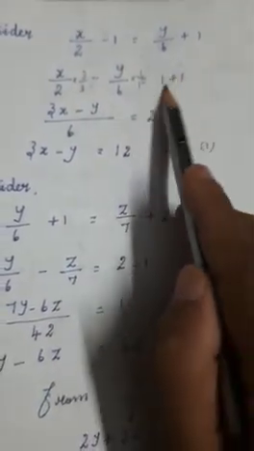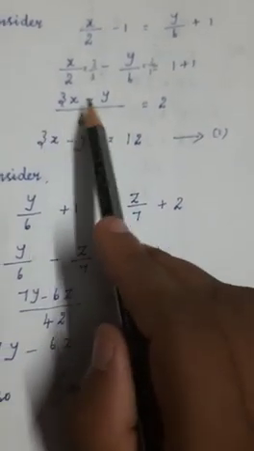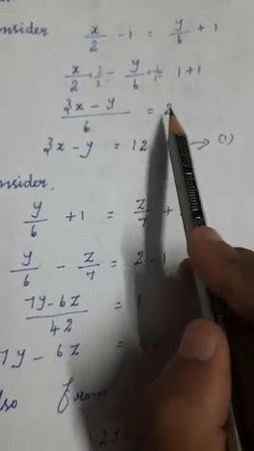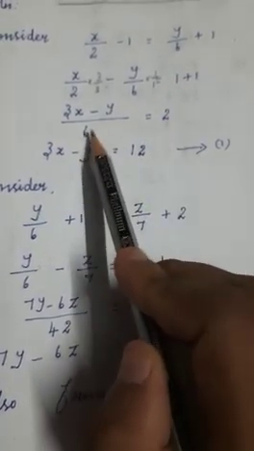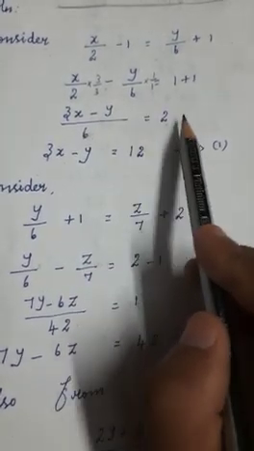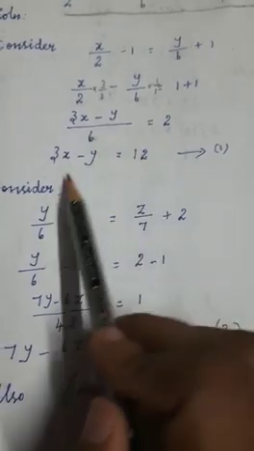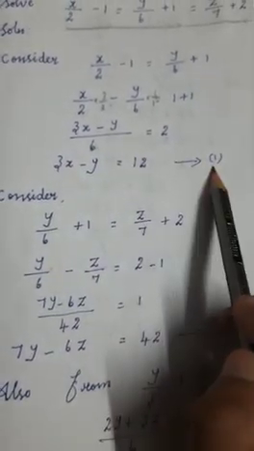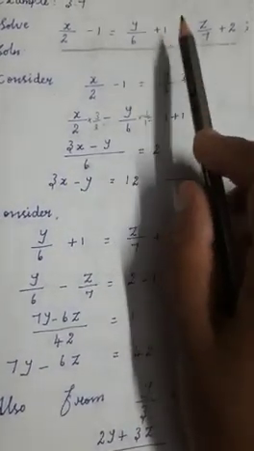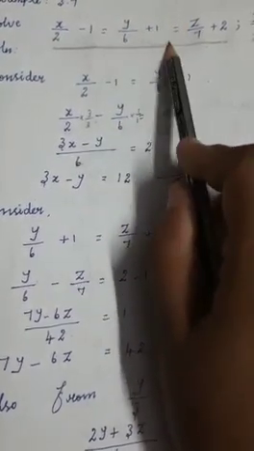So equal to 1 plus 1, that is 2. So now see, 3x minus y is equal to, already the right hand side 2 you have. The division by 6, if you bring it to the right hand side, it will become multiplication. So 6 twos are, what is it, 12. So now we have got one equation. Another equation we also need from this combined equation.